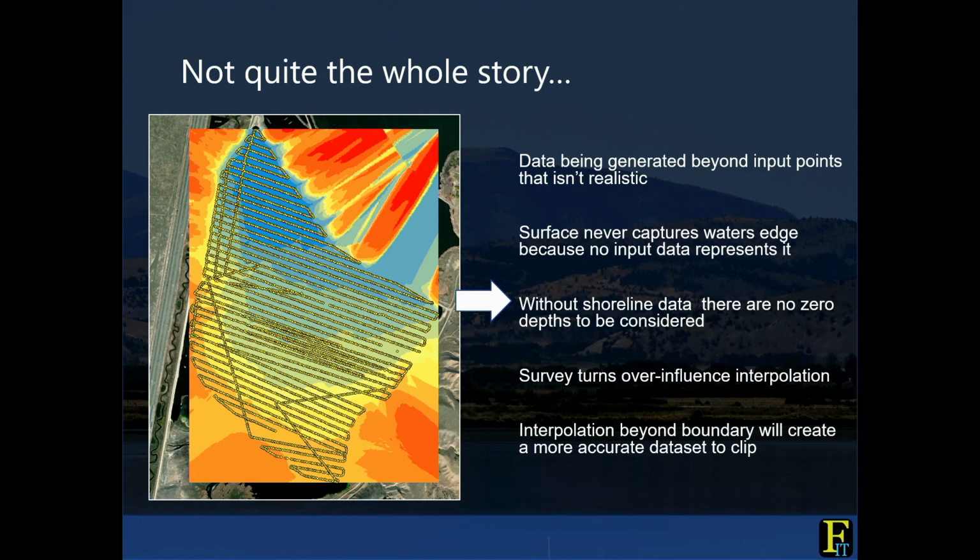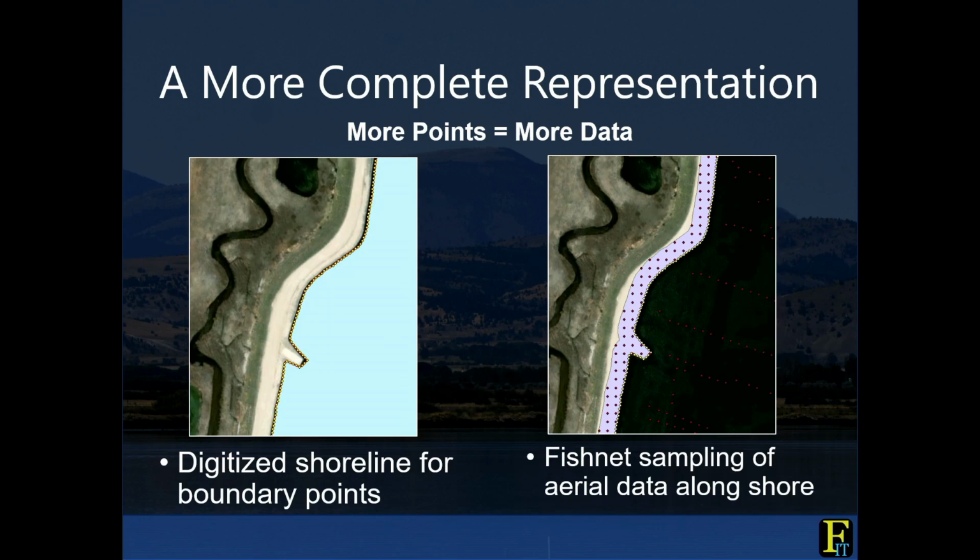So how are we going to accomplish that? Well, obviously we have to add more data to it because the boat just got what it got out on the water and it didn't go to the edge, and that's the piece that's lacking. So we have the good fortune in this situation to have a very high resolution ortho image of the whole place,